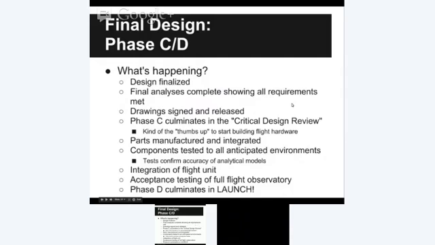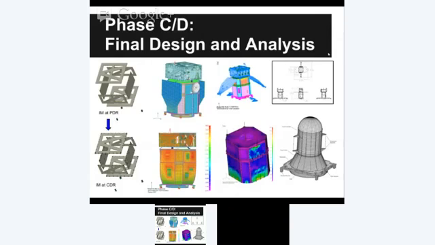This is an example of what the final design and analysis look like from phase C/D. These are actually taken from our critical design review package. So up here we're showing what the instrument module looked like at PDR and then what it looked like at CDR. And I'm going to talk a little bit more about that later on. You'll notice that there's a lot more detail in the models now. By this point, we've actually done some testing, so we've correlated our models a little bit, and you're seeing more